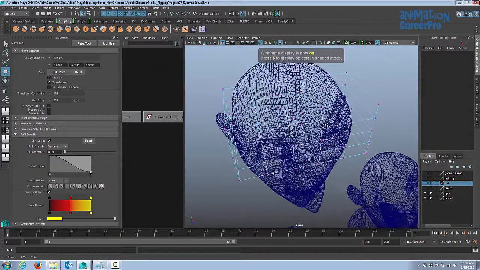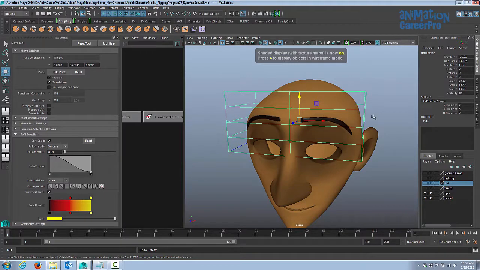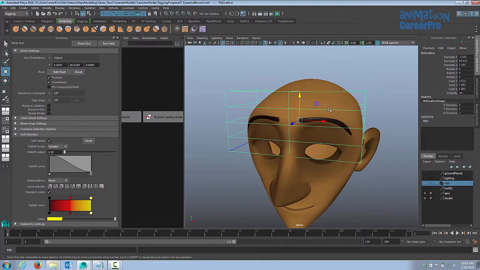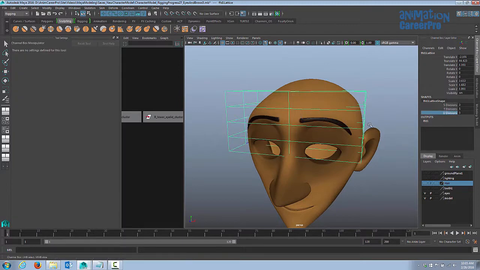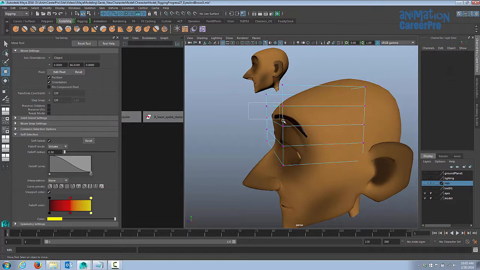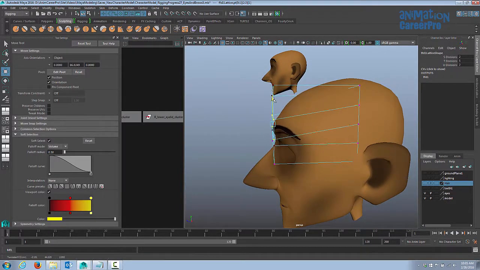You can see there's a whole bunch on the inside as well. So I wouldn't go too crazy with adding too many lattice points or too many divisions, because we'll end up with tons of points to edit. What I would keep in mind is, for example, say I am going to just select these 2 points and move the brows down. You can see how it's bringing the forehead down as well.